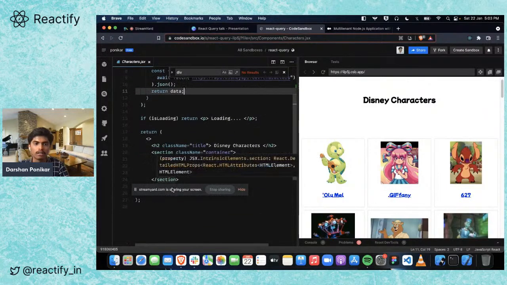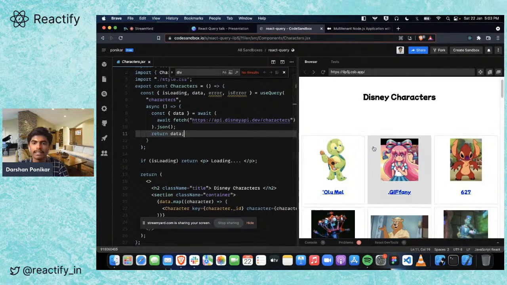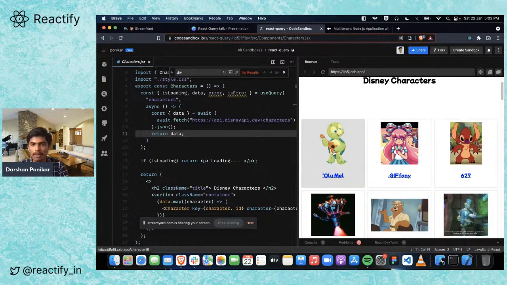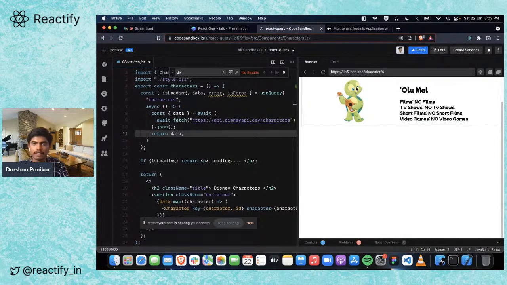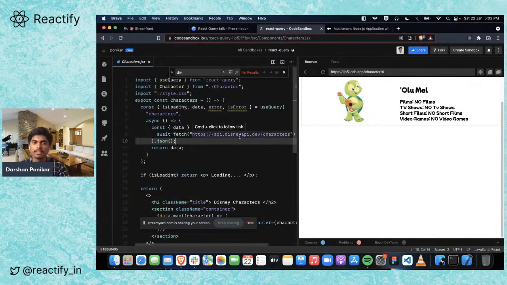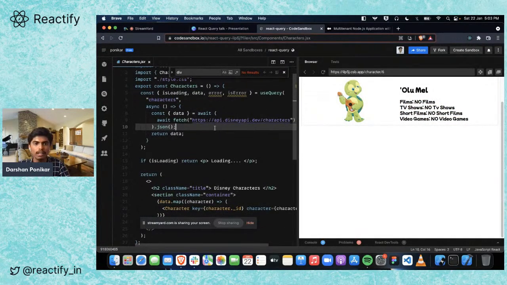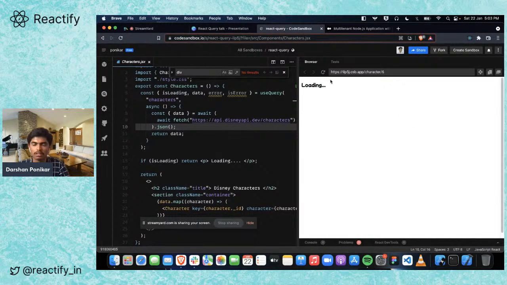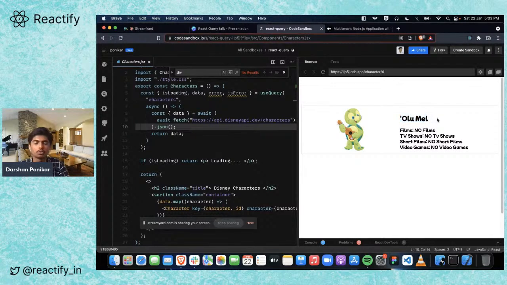So here I am fetching the API, and whenever I click on any character, let's suppose I'm clicking on this Olu Mail, what is happening is that, as you can see, isLoading is happening, and that means our client, our browser, is making an API request, and then we are showing the characters, all this information. This is all about whether this character appears in more than two movies or TV shows and video games and all. But the cool thing about React Query is that if I reload this page, as you can see, the loading time was very minimal compared to the previous one. And if I go back,